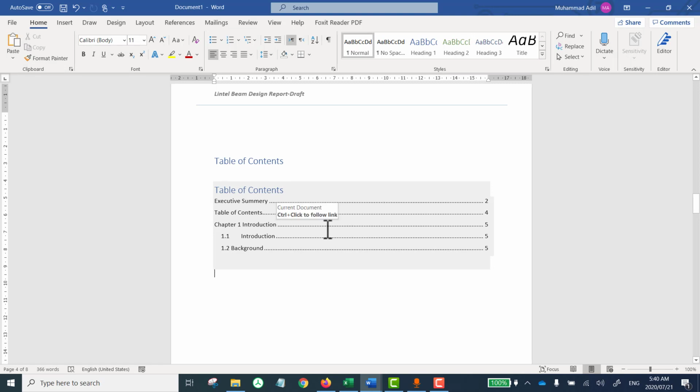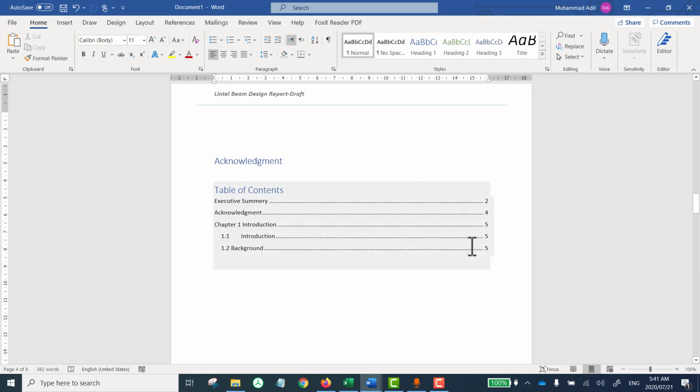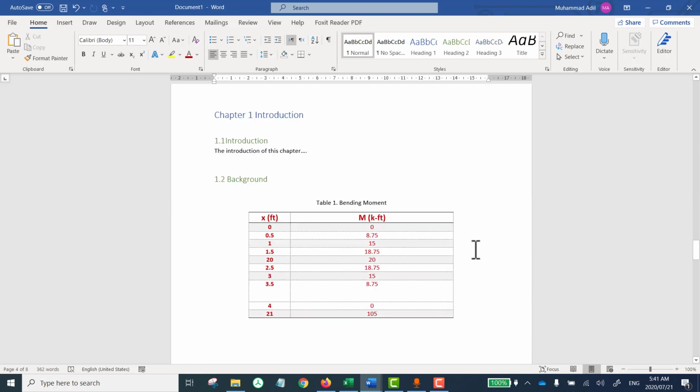table of contents. So for example, instead of this title, if I write acknowledgement, and I select this table, you will see that in this table here was the old title, but if you now click on update table, you will see that it will change to acknowledgement automatically. Now the background is on page number 5. If you notice,